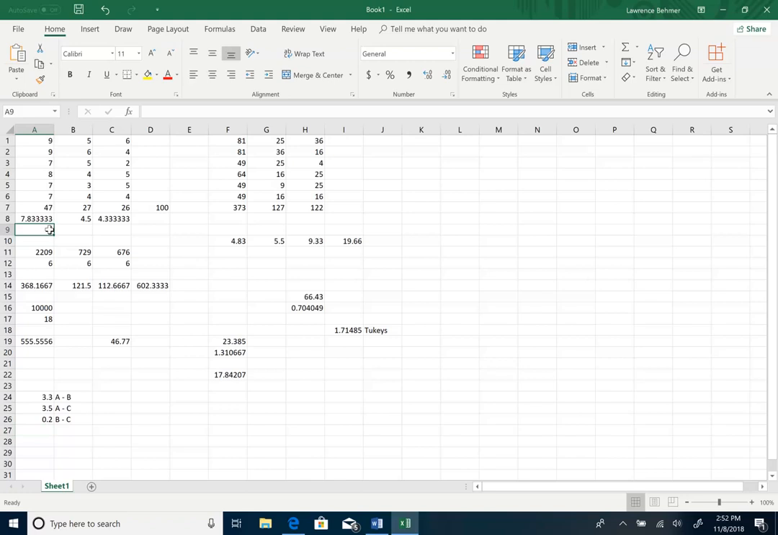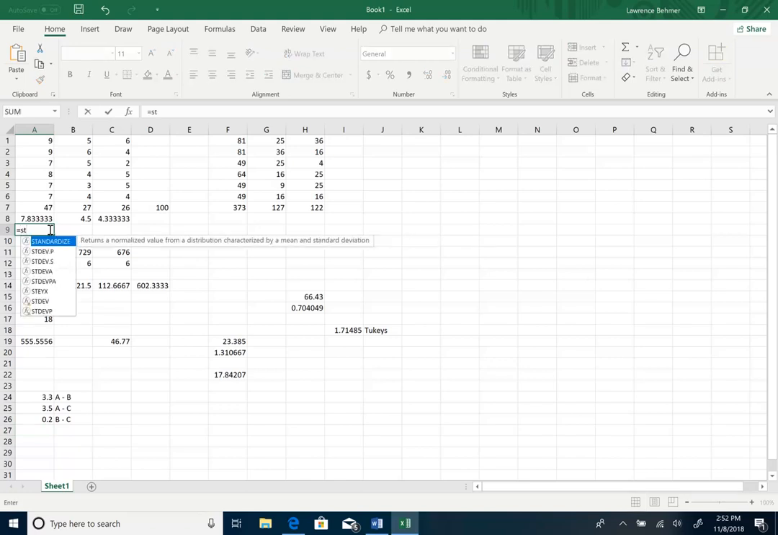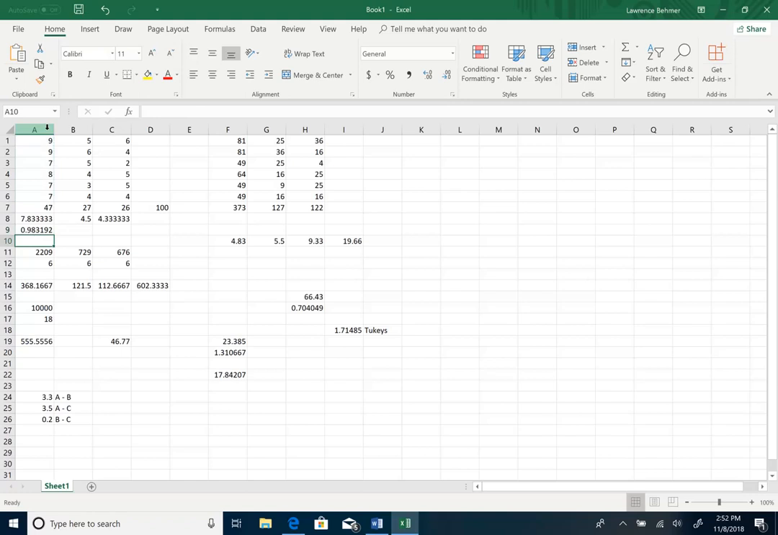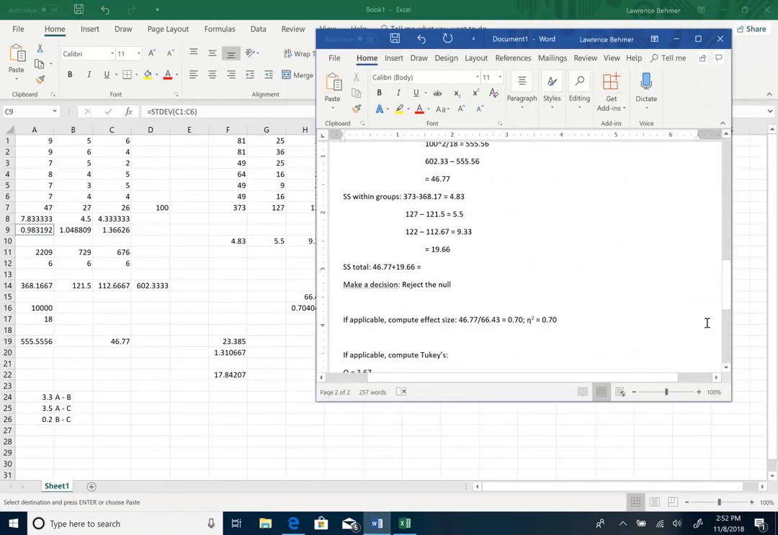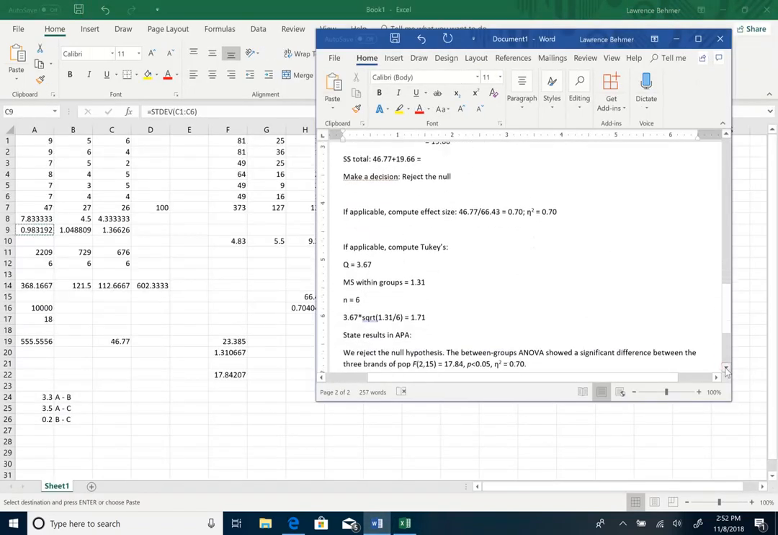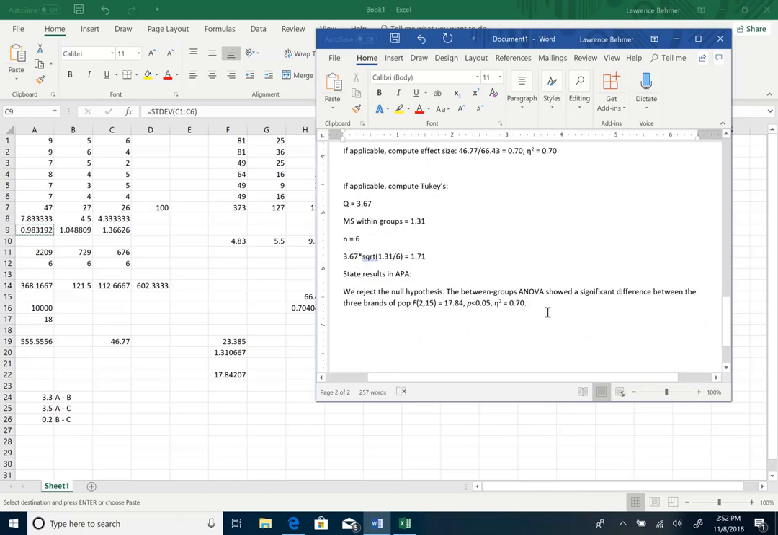So believe it or not, Excel happens to have a function for standard deviation. It's just STDEV, right? So again, we'll just select what we're looking for. And now I'm going to minimize this while I type this in. And now we can finish writing up our results. So what we're going to say is participants rated